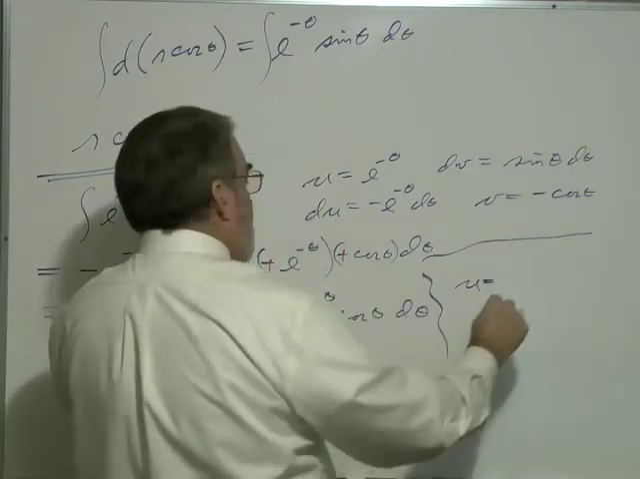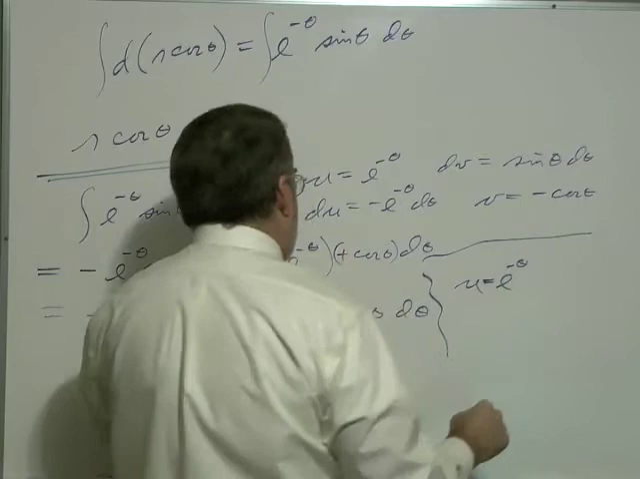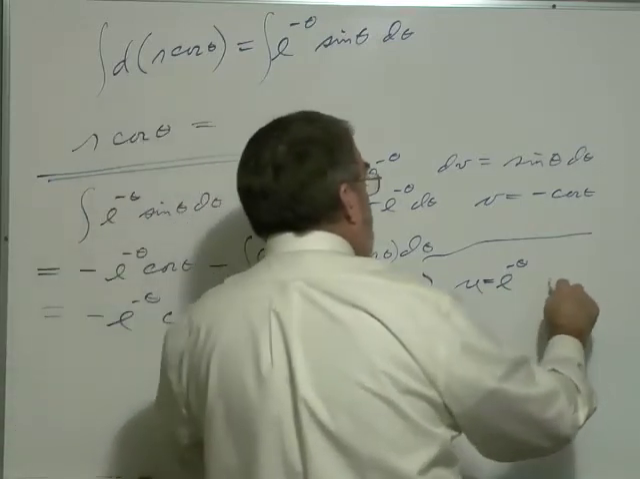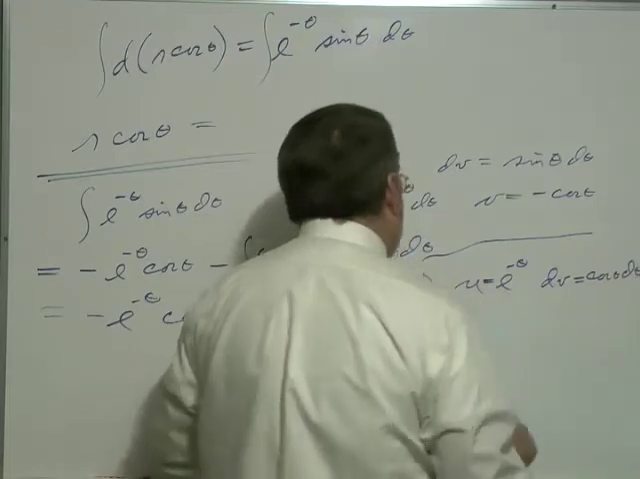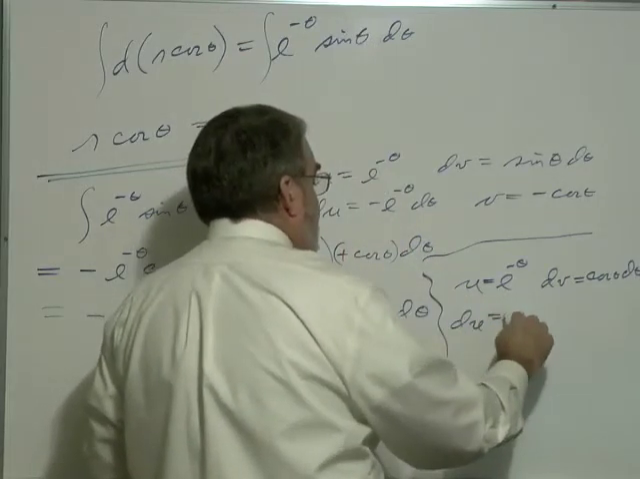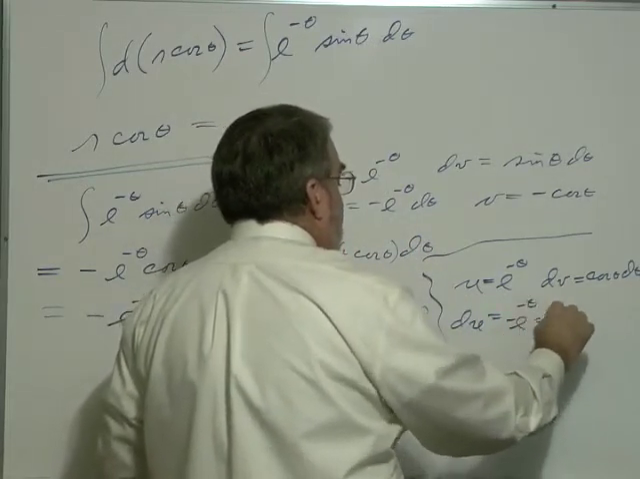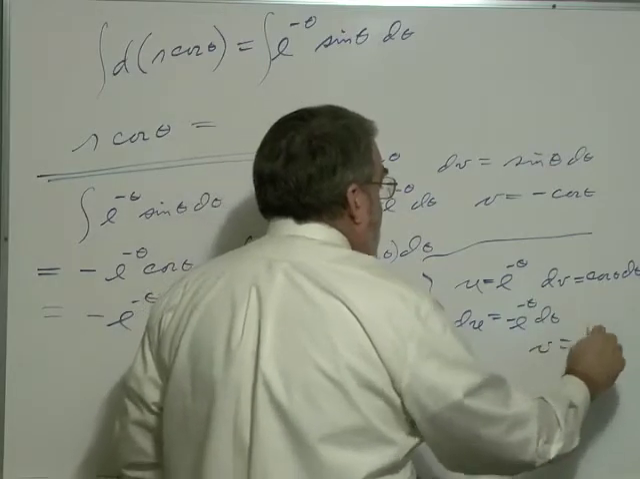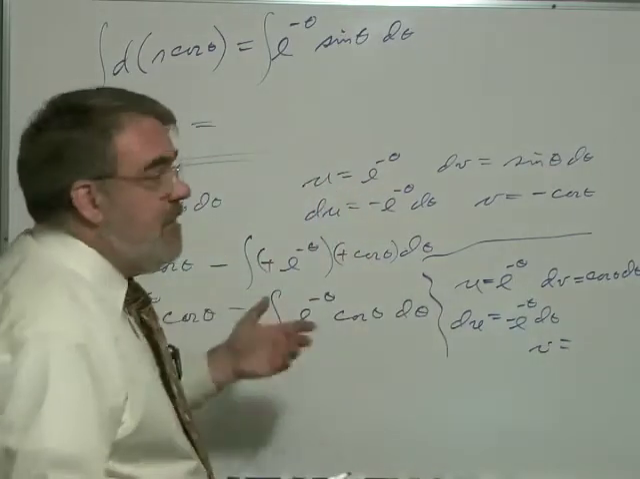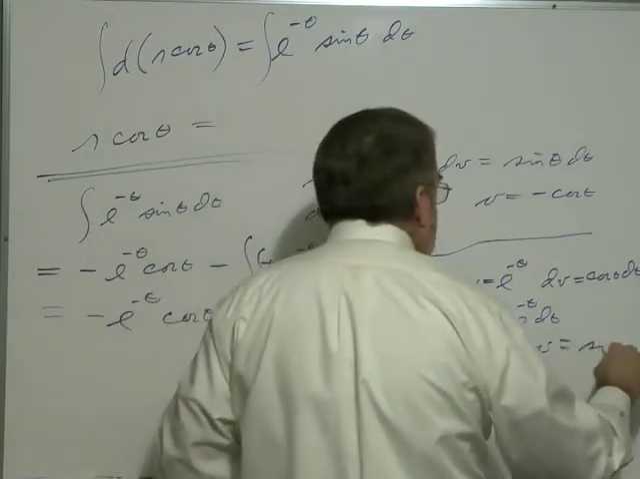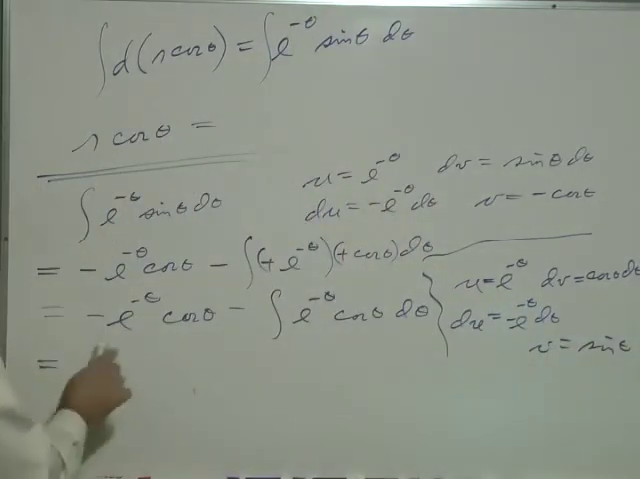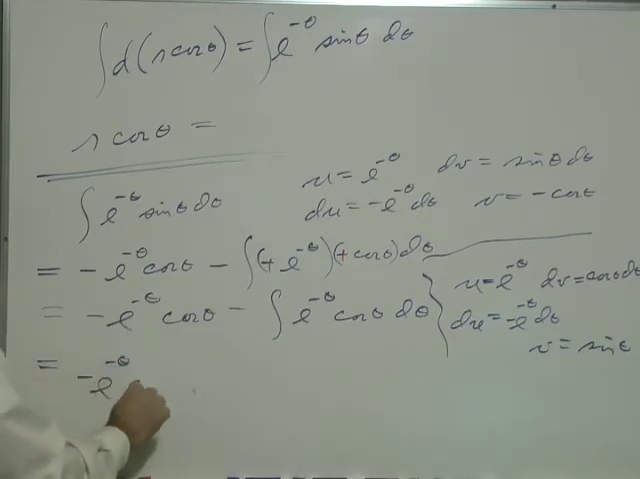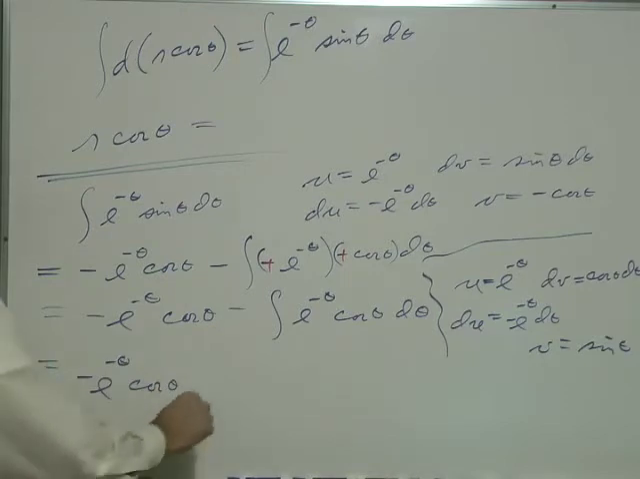U equal to e to the minus theta as before, and dv is cosine theta d theta. So the differential u is going to be minus e to the negative theta d theta. And v, if I integrate cosine theta, I get sine theta. V is sine theta. So we have this part, which hasn't changed, negative e to the negative theta cosine theta